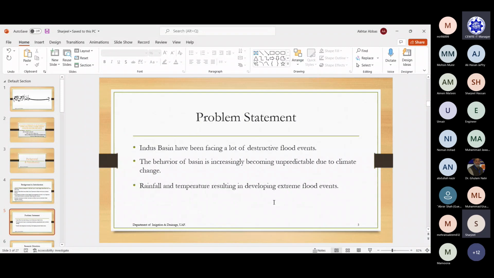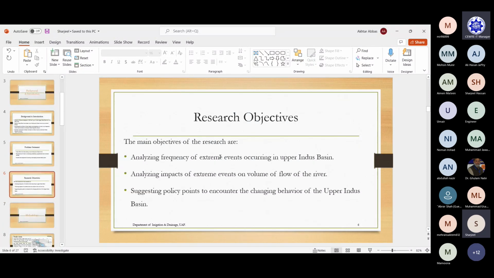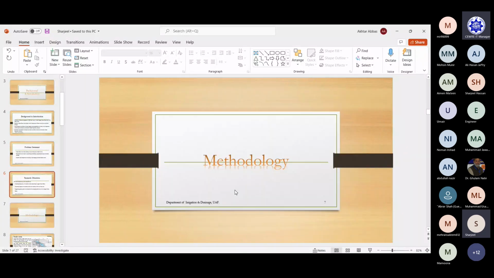Problem statement. Indus Basin has been facing a lot of destructive flood events. The behavior of the basin is increasingly becoming unpredictable due to climate change in rainfall and temperature, resulting in extreme flood events. Research objectives. The objectives are analyzing frequency of extreme events occurring in Upper Indus Basin, analyzing impact of extreme events on volume of flow of the river, and suggesting policy to encounter the changing behavior of the Upper Indus Basin,